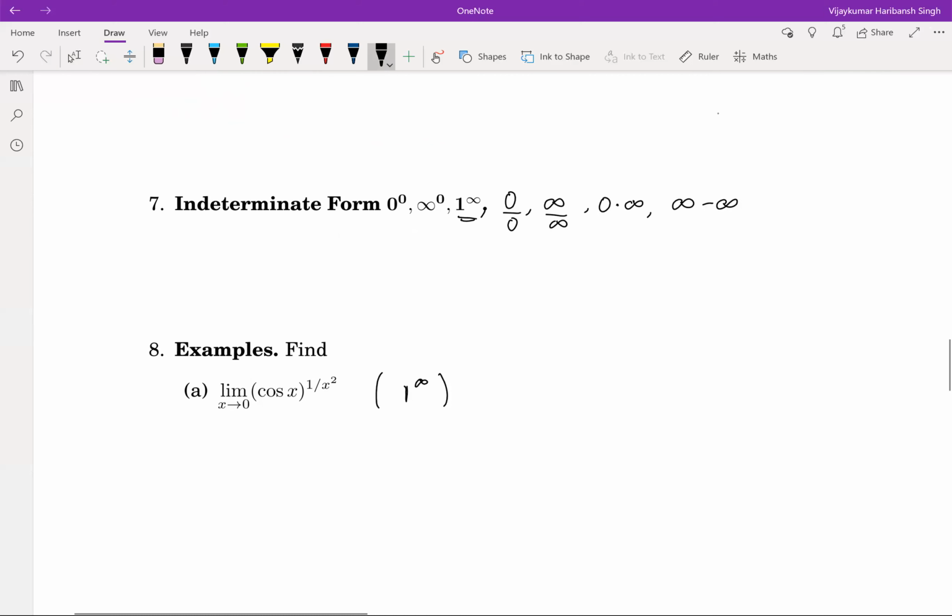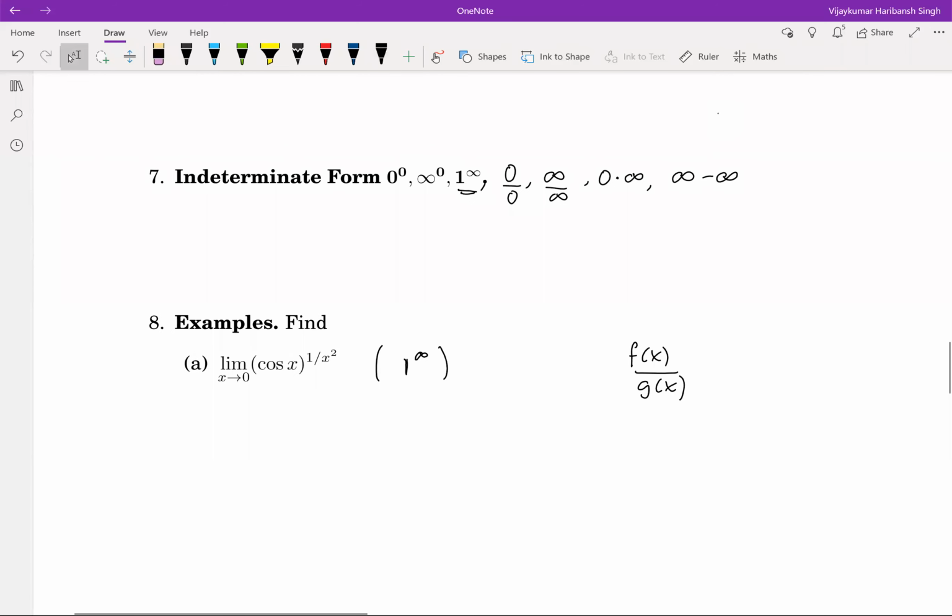But note that for L'Hopital's rule, we need f(x) divided by g(x), right? We need one function divided by another. So we do not have that here. So what we'll do is we'll try to get to that. So to bring that power down, we have to use ln on both sides. So let this limit be L. So ln L is equal to